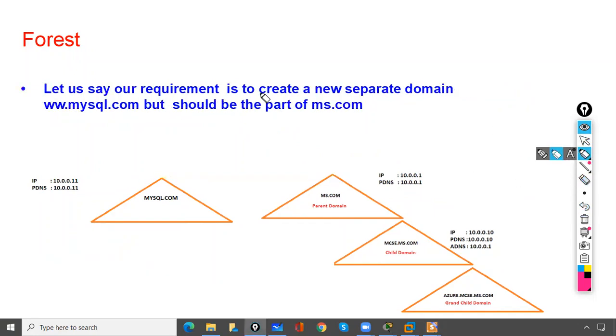So let us say our requirement is to create a new separate domain. You have a new branch. Let us say the new branch is in Chennai, and you want to create a separate domain for Chennai. You want to create the domain www.mysql.com, but it should not be a part of ms.com. You want to create a domain, but it should not be a contiguous name. It should not be like this, mysql.ms.com. We need a separate domain like this,